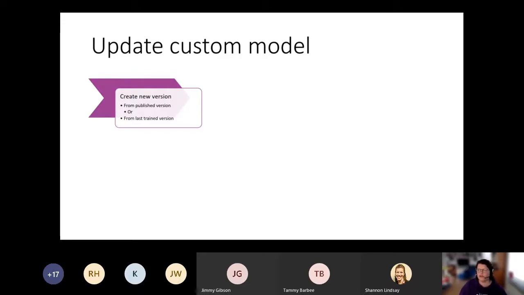You obviously have to maintain your flows and apps where you use them, but you don't have to maintain the model itself. But the custom model might want to update over time. Depending on the model you use, you can republish it based on a published version or a last trained version.